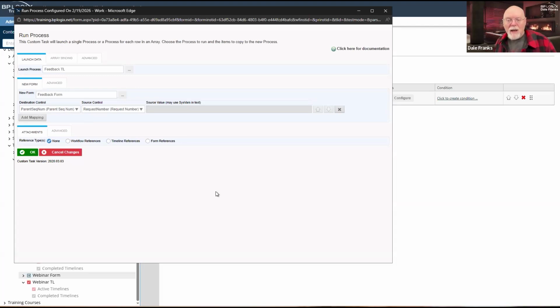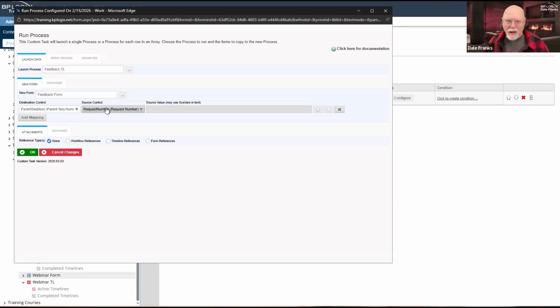And the nice thing is that because I do the configuration here in the run process custom task, then whatever these fields are, whatever they're named, it doesn't really matter as long as I can do the mapping back and forth. I've got the hooks that I need, as somebody who is processing the feedback, to go back and look at the parent items if they have access to them.